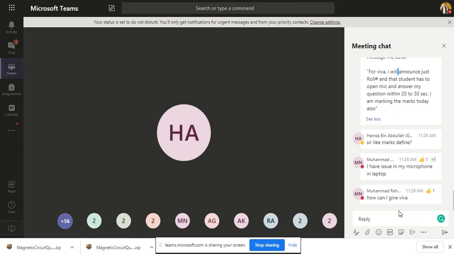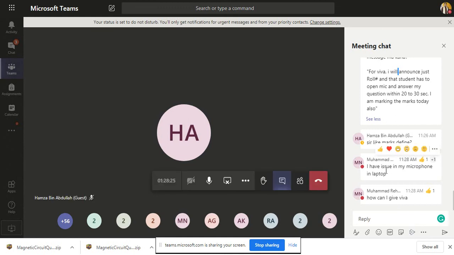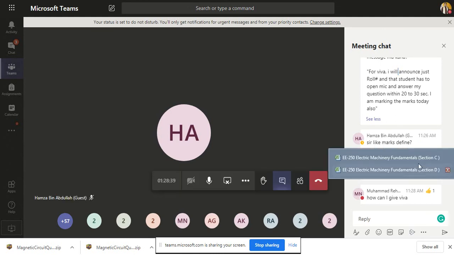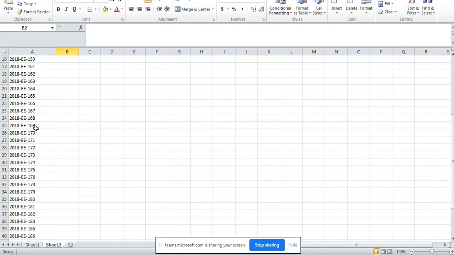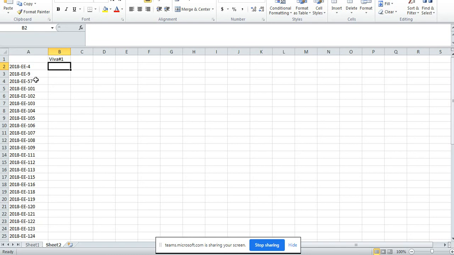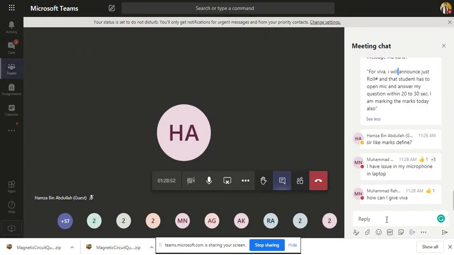So, खैर in fact there will be like 80 और 90 students in the class, so maybe 60 मिनट्स में मैं हर एक का तो वाइवा नहीं ले पाऊंगा, but again at least I will try to take 30-35 students, so उसमें 1/3 students I will try. That's why, just to show you people, I have made this Excel file also. You can see I have this Viva number 1 and Viva. I have copied these roll numbers from here, and this is section C over there. So you can see I have all these roll numbers, and I will certainly write some marks over there.